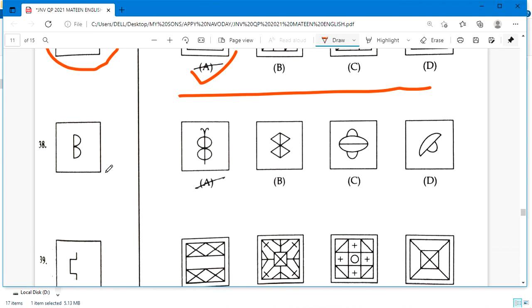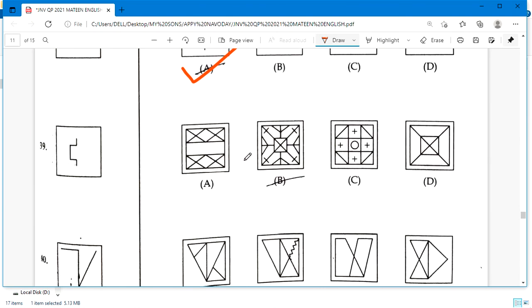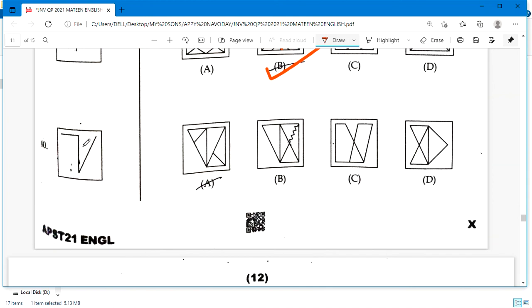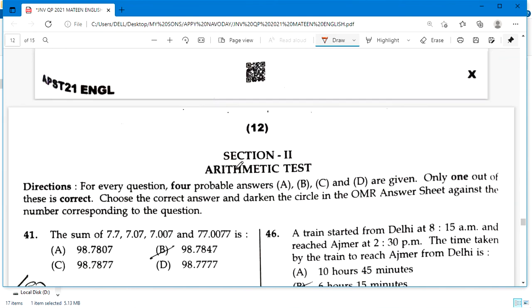Next I am going to directly answer. So this hidden figure is option A. Next, this is included in this figure. Just, I'm going to clear the concept. Okay, clear the concept. It's option B. Next, for the 14th and last question of the mental ability, in this figure it includes that type of shape. So right, option A is the right answer.